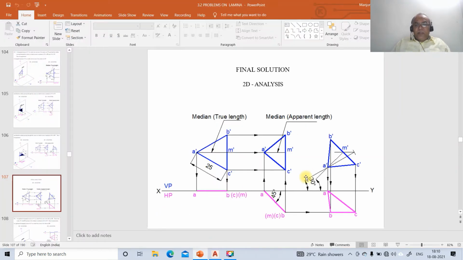So I need to take the line, draw a 30-degree line and then take this dimension and then cut it here. And then you will get the level set. Take the distance between these two from the same point. You cut an arc so that you are going to get the apparent inclination. So on that inclination, you copy this sketch.